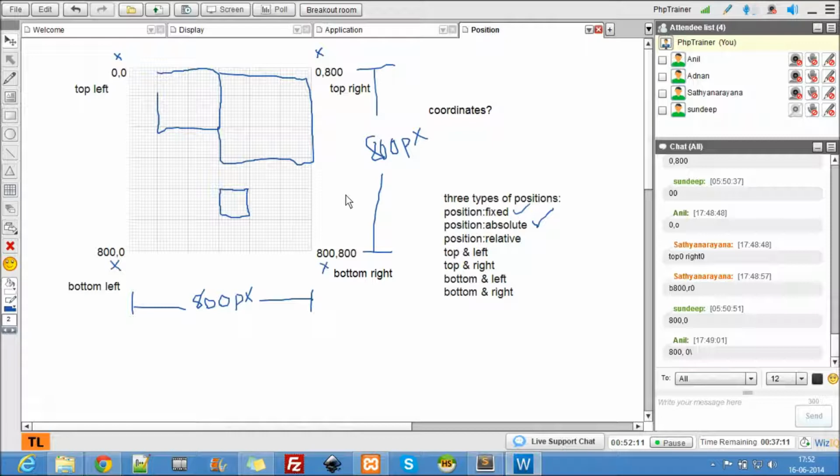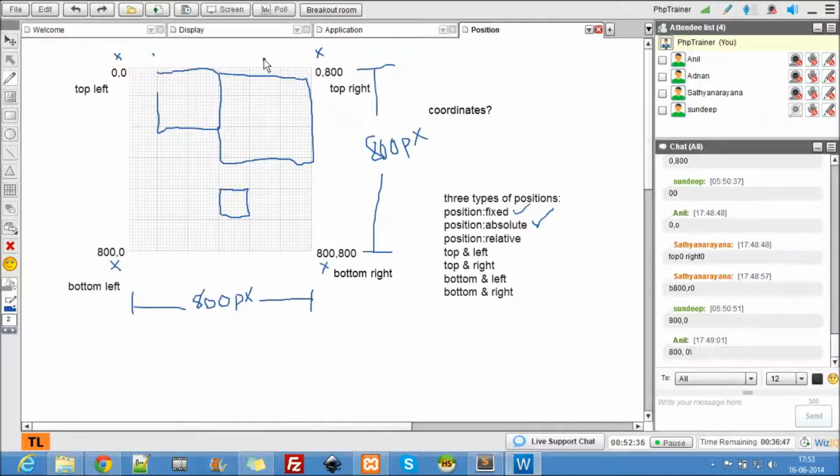Position relative. So what is position relative? With respect to its current position is called relative. Now let's say this current position is, let's assume, left is 10 and top is 0.